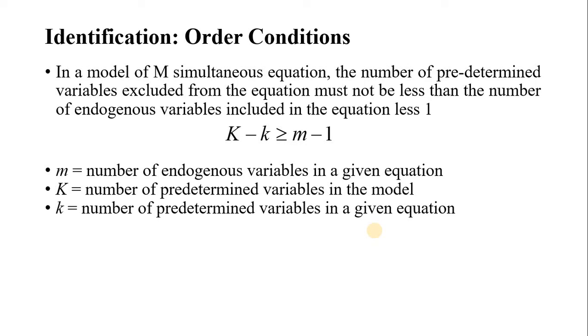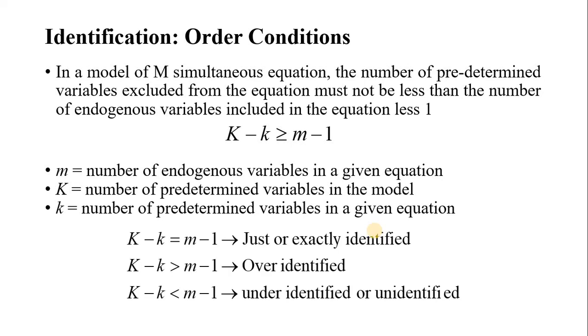Suppose we are going to check the first equation. K is the number of predetermined variables in the model as a whole. Then small k is the number of predetermined variables in a given equation, or in the equation that you are going to check. Then m is the number of endogenous variables. So if K minus k is exactly equal to m minus 1,